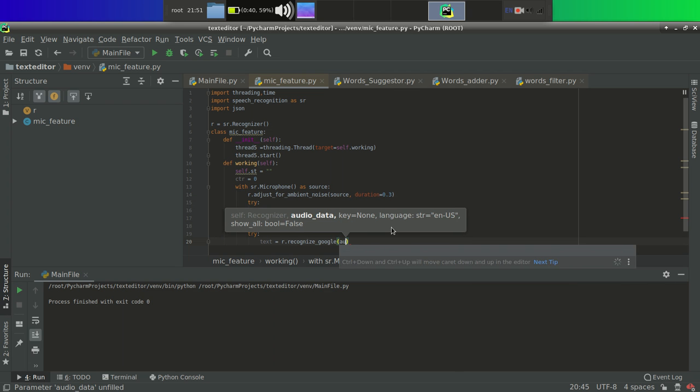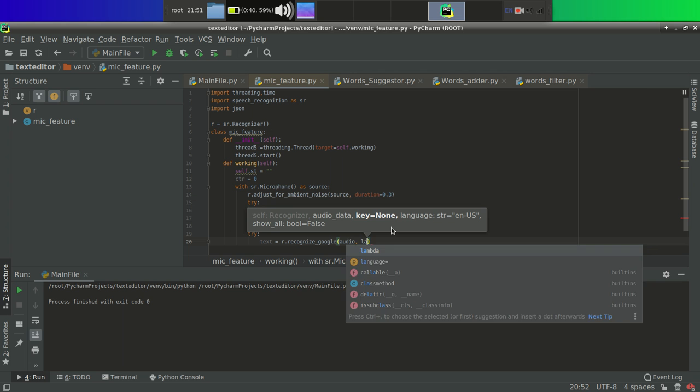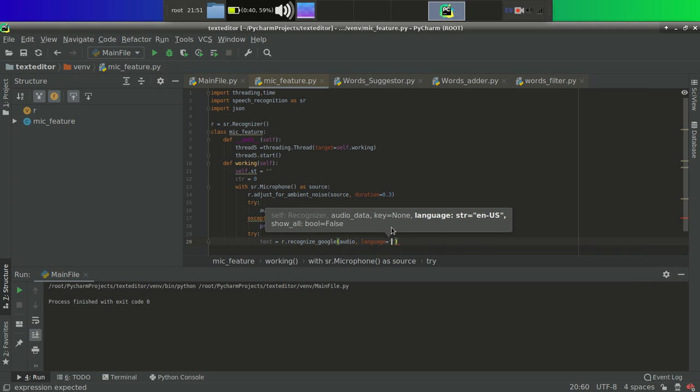So audio, from where you are listening, and language will be English US. Whatever I speak, it will be stored in this text variable.